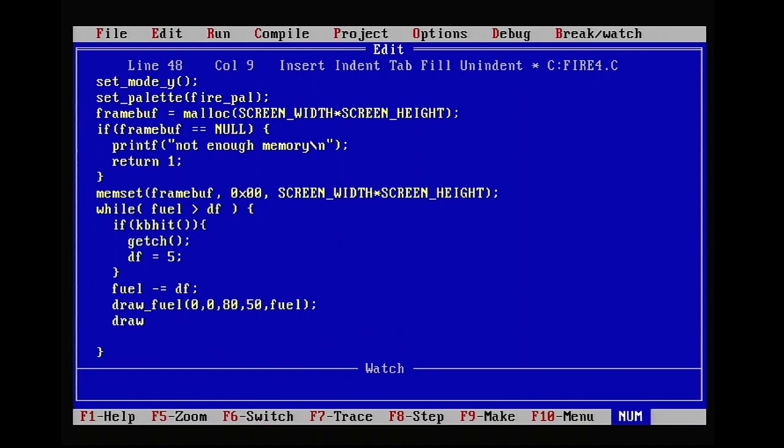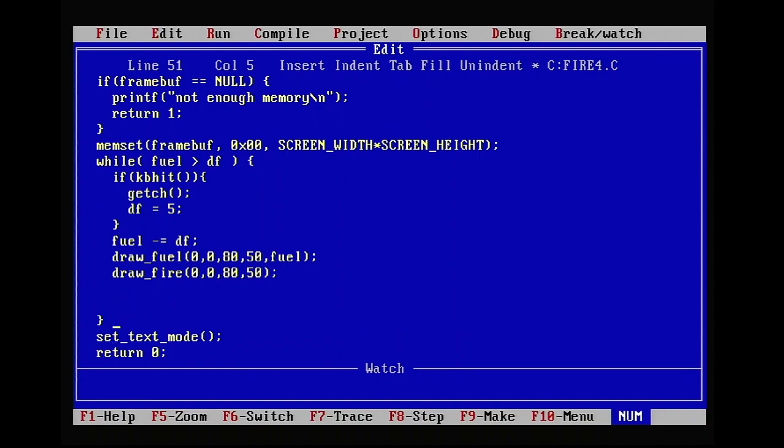And then we also call draw fire, and draw fire takes a true rectangle now, and I will put it to the same size for now, and it will also be changed to 52 for some reason later, which is a minor reason, but I think it looks better. After we drew the fuel and drew the fire into the memory frame buffer, it's not yet visible,